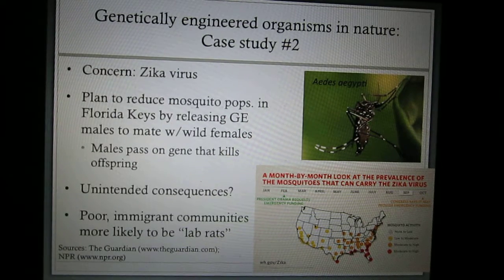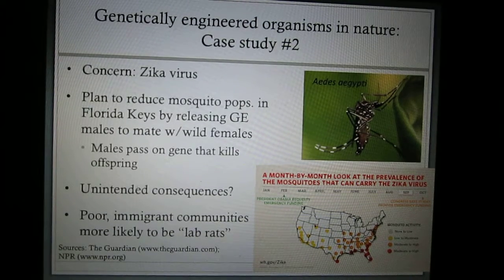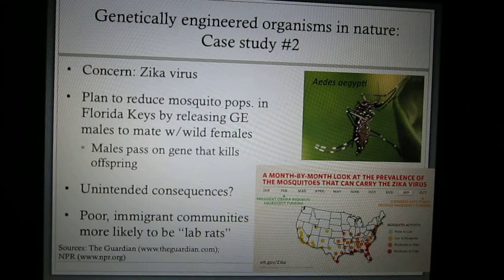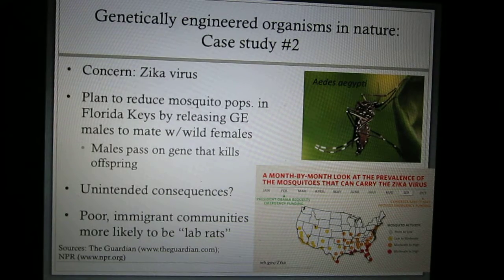Something else, which is a societal concern, is that poor immigrant communities and communities of people of color are more likely to be the lab rats. What has happened is this British company proposed this idea to happen on Key Haven, and the citizens